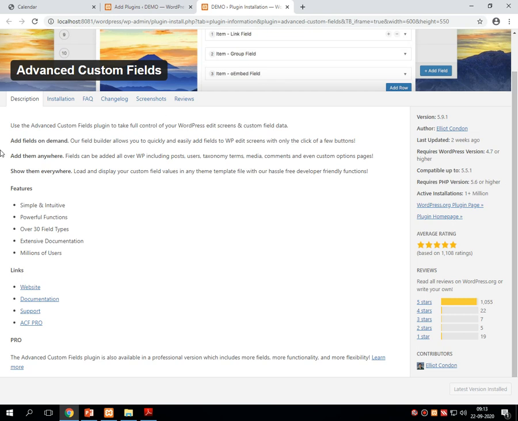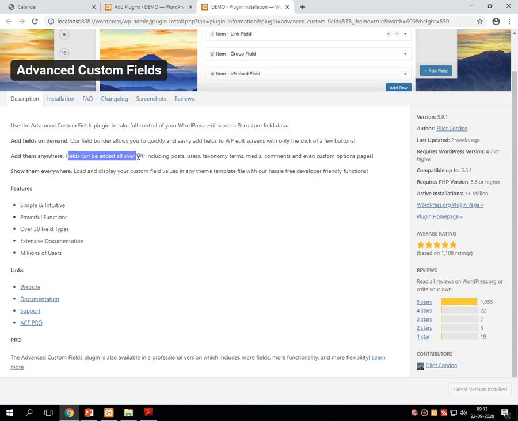So let's read over here. Use the advanced custom field plugin to take full control of your WordPress edit screen and custom field data. Add fields on demand. Our field builder allows you to quickly and easily add fields to the WordPress edit screen with only the click of a few buttons. Add them anywhere.